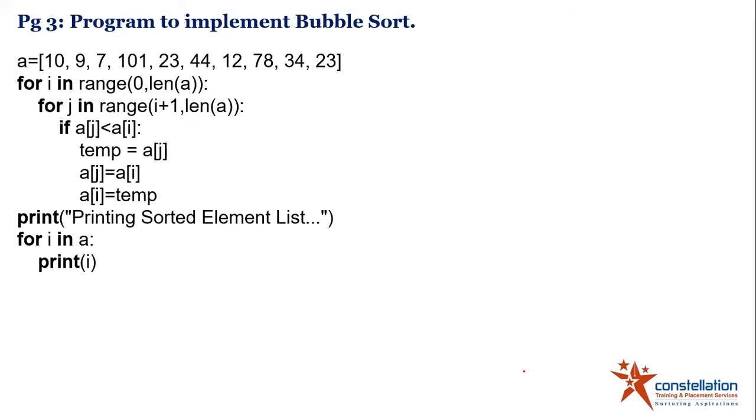As you will see here, there are two kinds of loops. One is the I in the range 0 to length of A, and in the second one we are starting from I plus 1. That is, if 0 was there, then the next is 1, and we are comparing 0 with 1, and if this is greater, then we are swapping the position, and this keeps on doing. So this internal loop is called a pass, and the outer loop is used to make sure that all the elements are sorted. Okay, so that was about bubble sort.